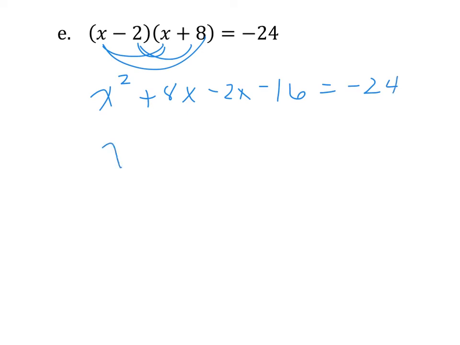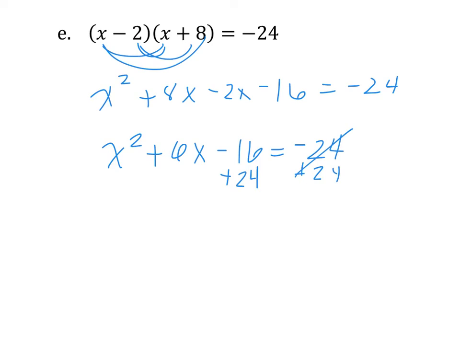Combining like terms, I'm left with x squared plus 6x minus 16 equals negative 24. Now I'm able to move everything to one side. I'll add that 24 to the other side. Plus 24, that cancels, plus 24. 24 minus 16 is going to be 8, so I have x squared plus 6x plus 8 is equal to